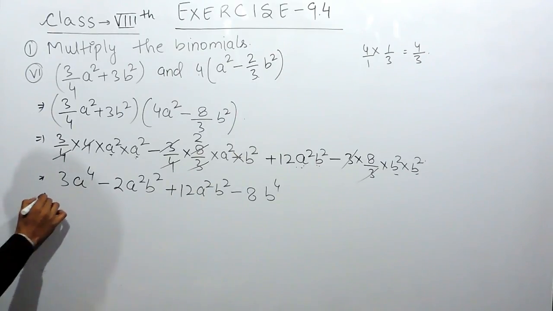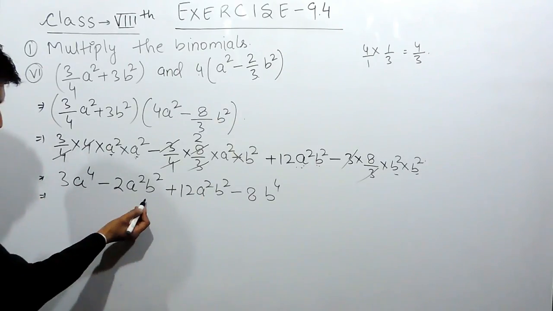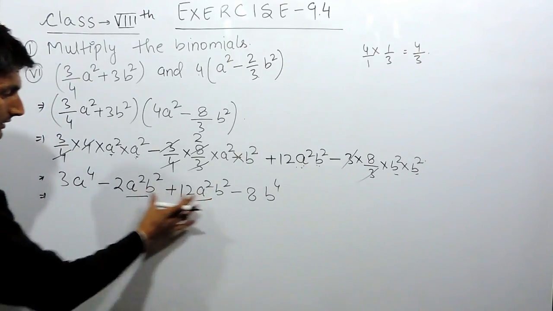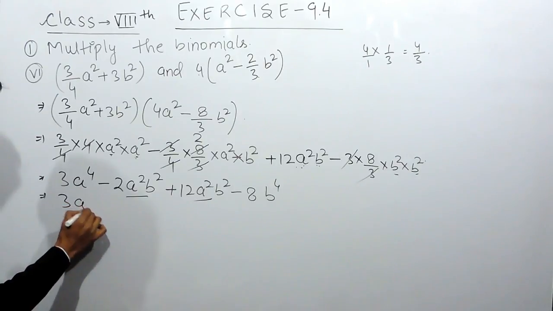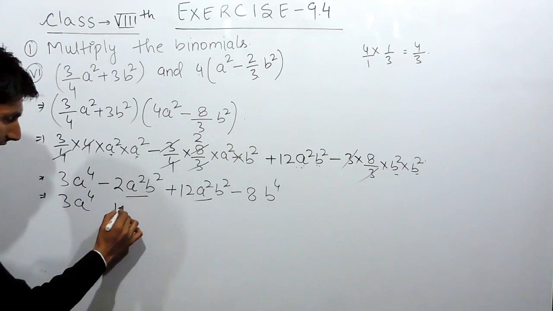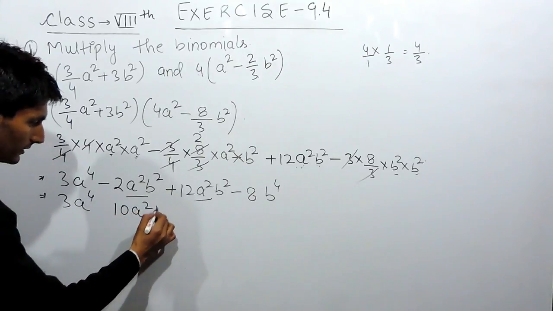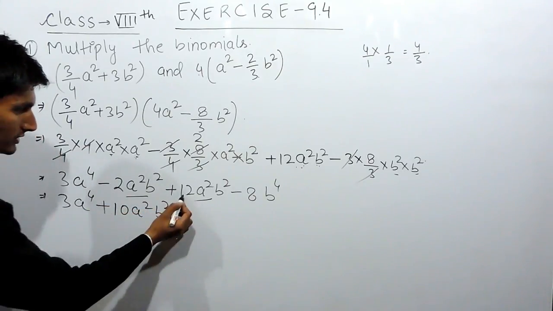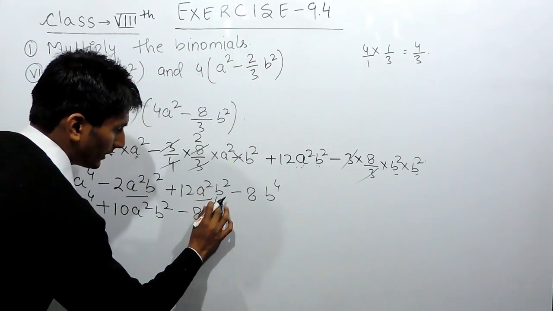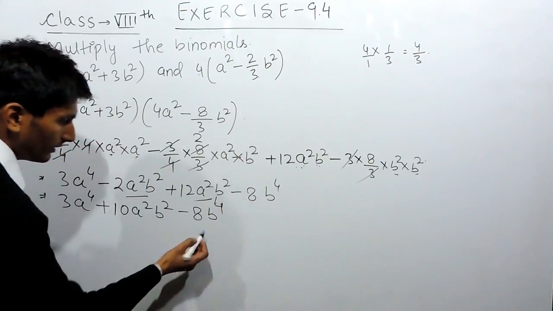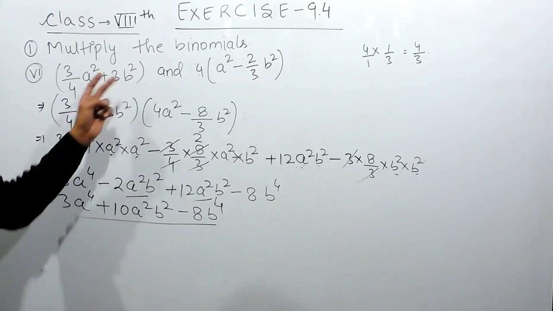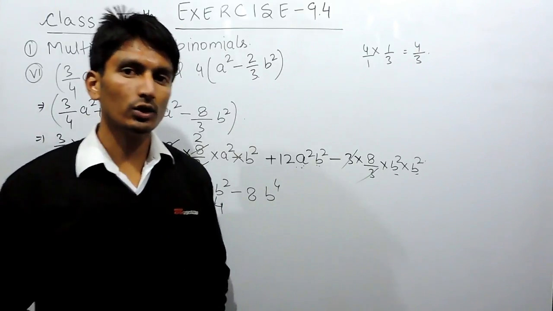Now to solve further, we have to find out the like terms. I can see these two as like terms, and the other will remain as it is. So plus minus is minus, so 12 minus 2 is 10 a square b square with positive sign, because the greater value has positive sign, and minus b raised to power 4 can be written as it is. So this is the answer for this last part. So this is how you can solve this part.